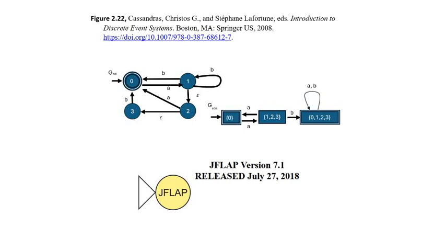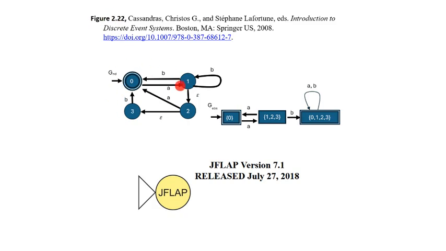I would like to explain how we could build the deterministic automaton for this non-deterministic automaton. It is called the observer. This example is extracted from the textbook by Cassandras and others, figure 2.22. As you could see, this is the